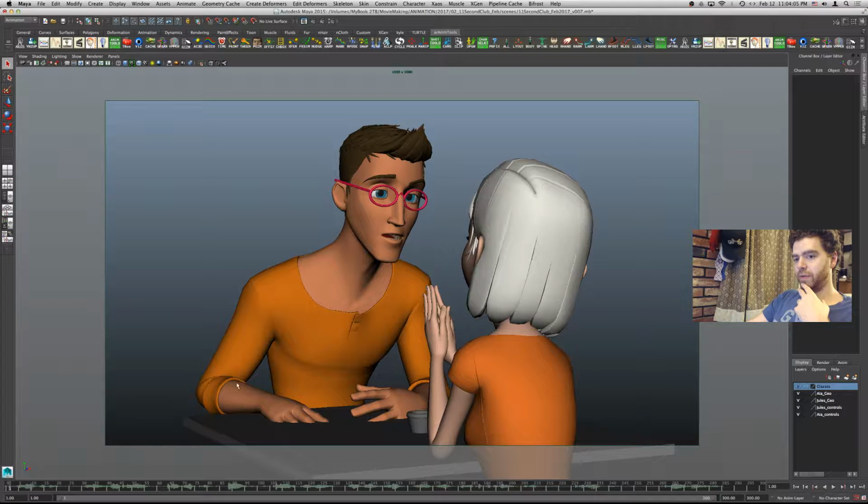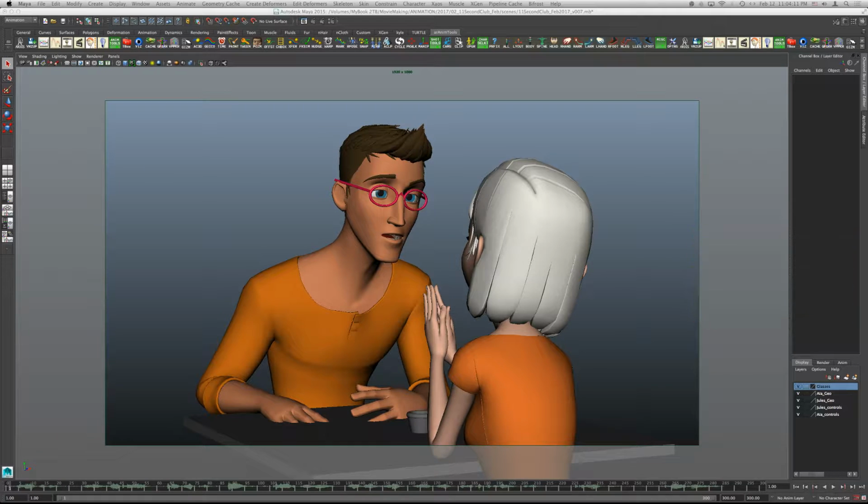The audio, I'll play this through now, and you can just get a sense of what this sounds like. One second, let me just move my camera off. You're hearing the camera off the computer and through the webcam mic here, so there might be slight delays, but we're in our blocking phase now, like I said, and these are just sort of what are some key poses to then work the main acting through. So I'll play this now.